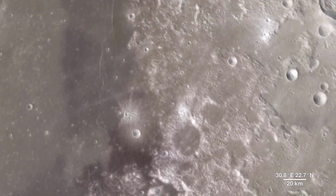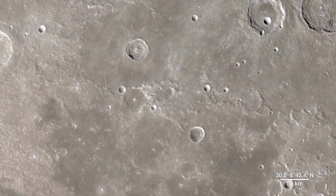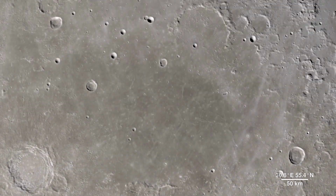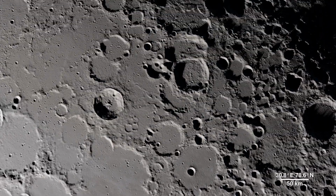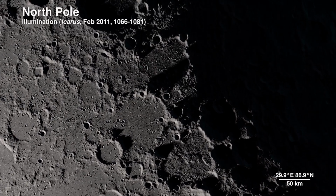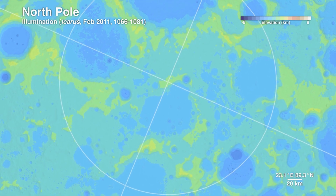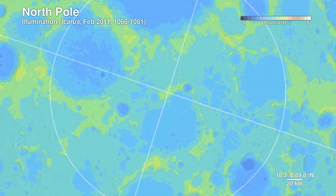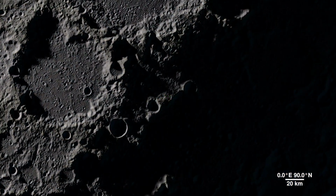Moving onward, we make our way to our final destination. This location contains regions that exist in permanent shadow, as well as ones that bask in nearly perpetual light. It's the North Pole. Detailed terrain measurements by LOLA allow scientists to model sunlight and shadow at the poles over decades and centuries. Sunlit peaks and crater rims here may be ideal locations for generating solar power for future expeditions to